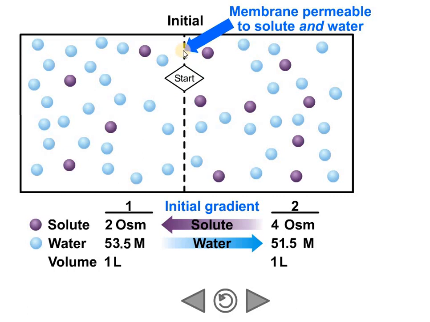So, dito sa setup guys, ibig sabihin, yung ating membrane ay ina-allow niya both water molecules at saka yung solute na gumalaw across. Okay? So, umpisa natin. Saan kaya gagalaw yung molecules ng solute at saan kaya gagalaw yung molecules ng ating water? So, again, mapapansin ninyo guys na mas maliit yung bilang ng solute molecules dito kaysa dito sa kabila. Ibig sabihin, hindi sila equal ng concentration. So, ang tendency pag solute yung gumalaw,